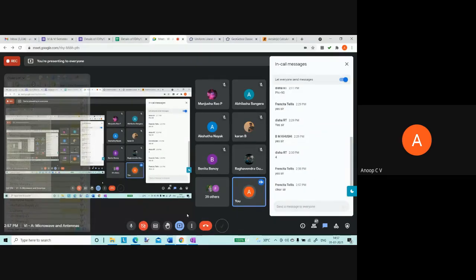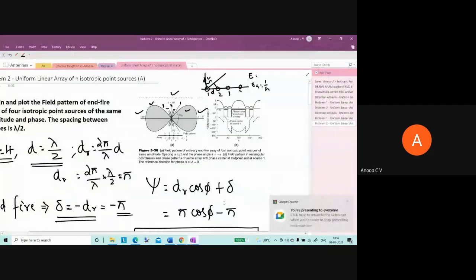One more possible mistake is, instead of substituting k from 1, 2, 3, etc., you may substitute from 0, 1, 2, 3. So that is again a mistake. And k should not be equal to an integer multiple of n. That is also important. That's it from my side.